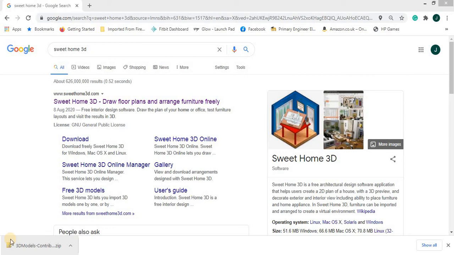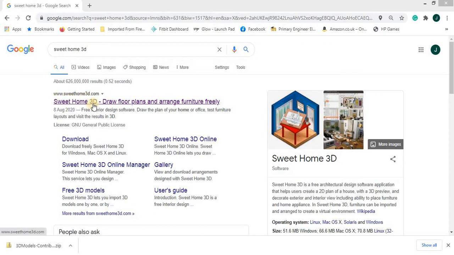Hi folks, so for today's task what I'm going to do is something a wee bit different. Your last task for graphics was to do a floor plan of your house, and then I gave you the option of downloading this program if you wanted to play around with it. That was obviously preempting the fact I want to actually do this with you the following week. So what I'm ideally looking for people to do is simply Google Sweet Home 3D,